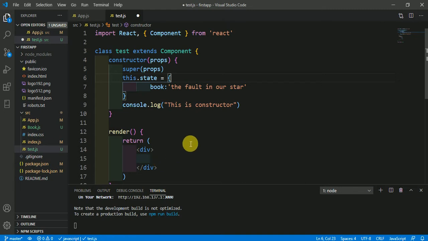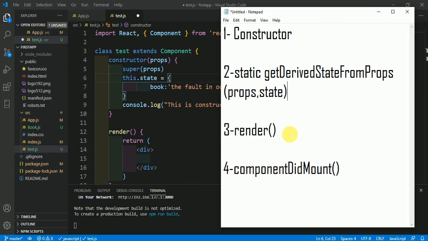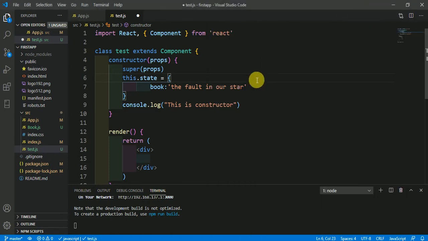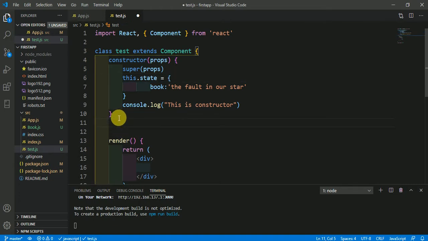Now we are going to discuss the second method, that is static getDerivedStateFromProps. getDerivedStateFromProps enables a component to update its internal state as a result of changes in props. We will see an example of it in the next videos, but here I am just creating getDerivedStateFromProps so that you could understand the sequence.